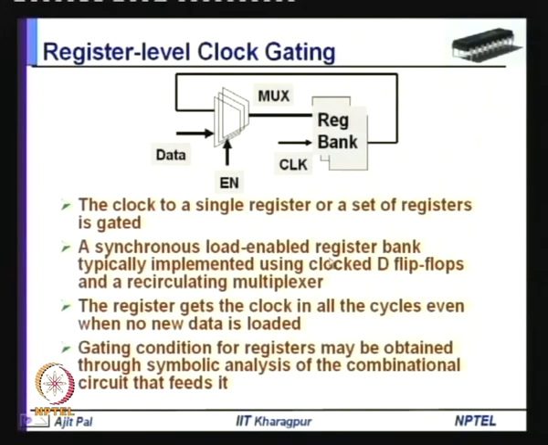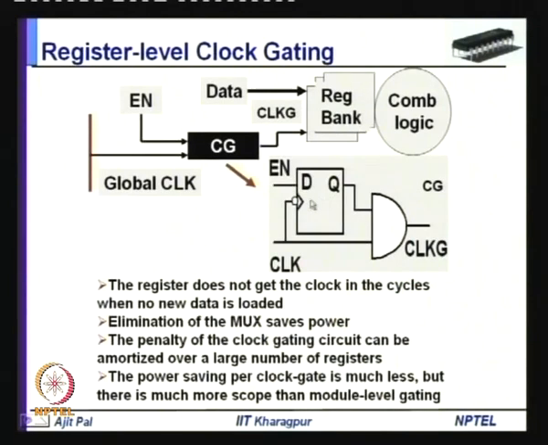So, a synchronous load enabled register bank is typically implemented using a clocked D flip flop, which I have already explained, and a recirculating multiplexer, as I have shown and explained, and the register gets the clock in all the cycles, even when no new data is loaded. So, the gating condition for registers may be obtained through symbolic analysis of the combinational circuit that feeds it. That means, you can perform symbolic analysis of the circuit which is feeding data here, and find out the situation when this data needs to be loaded into this register bank, and you can insert clock gating the way it